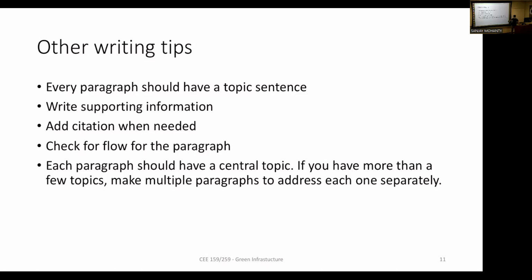Write supporting information, and add citations and references like I suggested. Write first, don't look for citations immediately. Write your thoughts, and then look for citations based on the keywords. And when you read a citation and find other new citations that you really like, just add a sentence to cite those references. That's how you can expand. Take care of the flow of the paragraph, not just disconnected sentences. Again, every paragraph should have a topic sentence on a central topic. If you have multiple different ideas, break them into different paragraphs.